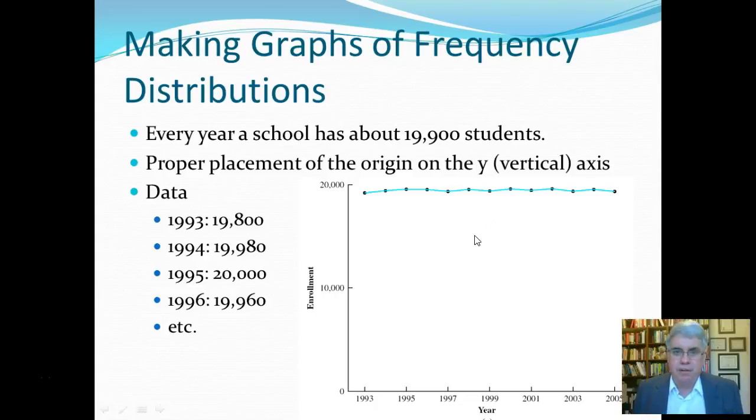Let's talk about making graphs of frequency distributions now. Graphs are essentially pictures of our data. And it turns out that humans prefer pictures and graphs over tables of data. One of the goals of making a frequency distribution is to take a large pile of numbers and reduce it to a smaller, manageable pile of numbers. And if we reduce it to a graph, to a picture, it's even easier for humans to read. Humans just don't like large quantities of numbers, and that's why graphs can be so useful.